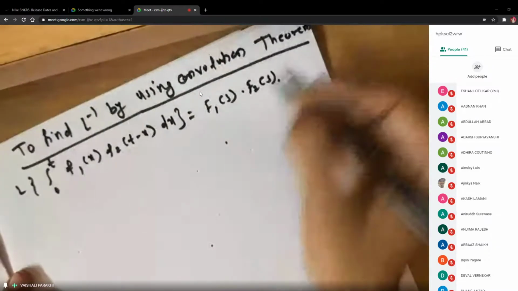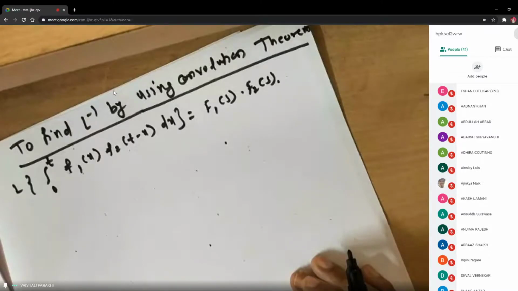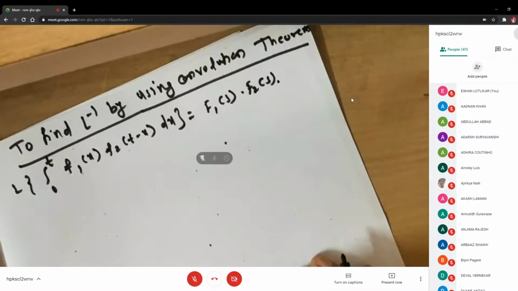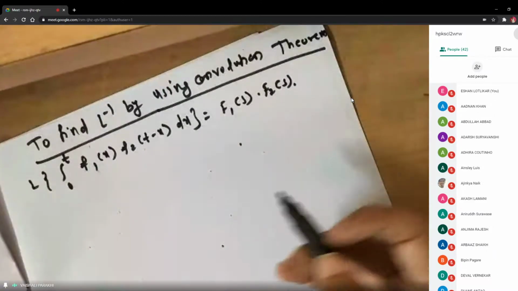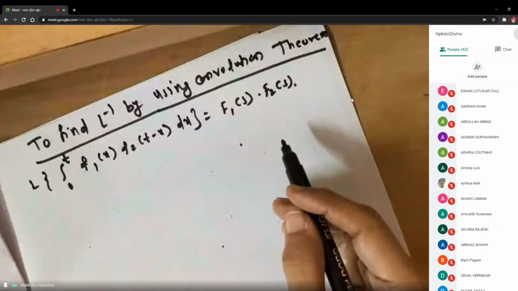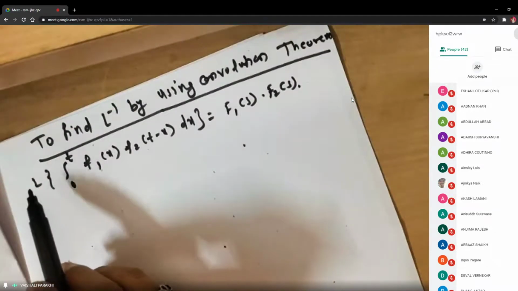F2 of S. Okay. This is your convolution theorem, which we have proved by using double integration, if you remember. Now, the same formula we are going to use by taking L inverse on both sides. Now, see students, when we take L inverse on the left hand side, you will get